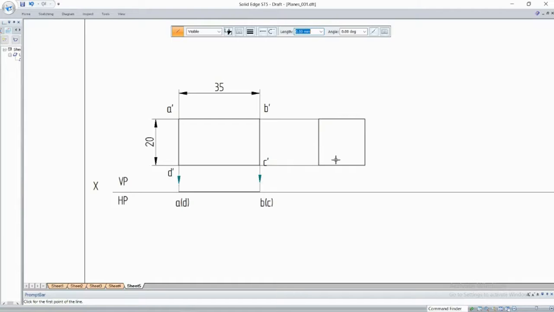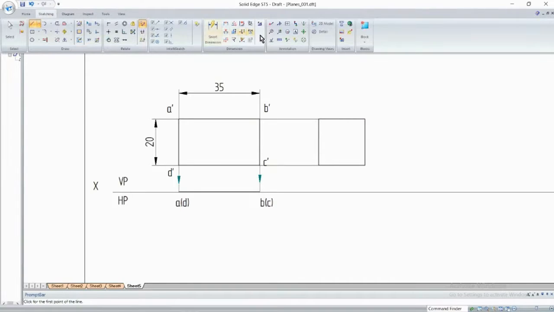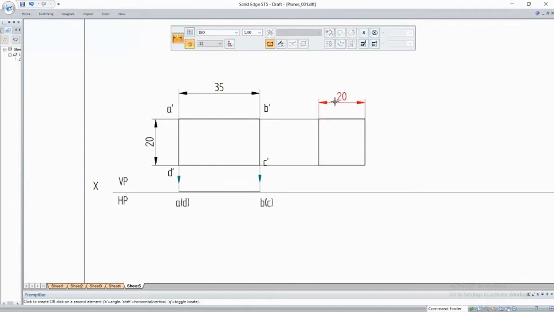So this is what is given to you. So in the front view, it is a square of 20. No need to mention the dimension again. If you want, you can mention the dimension only here, not anywhere else.